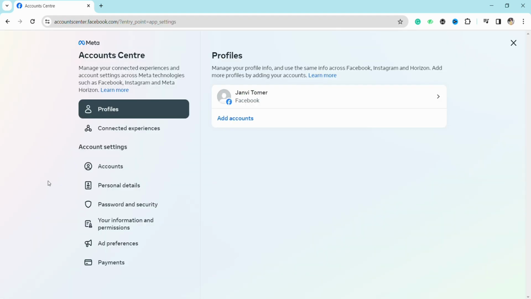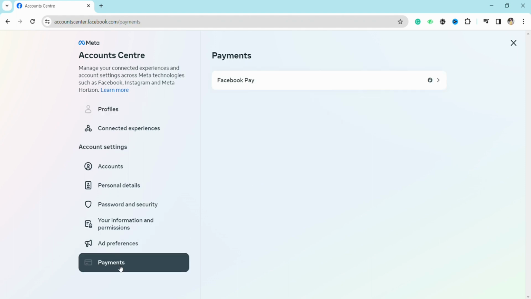Just click on it. Now in the account settings you will see this option called payments. You just have to tap on payments. Now just click on Facebook Pay, and here you will see the option to add payment method. So just click on